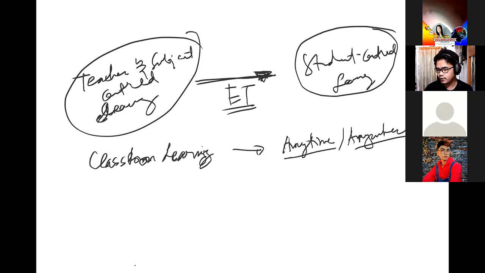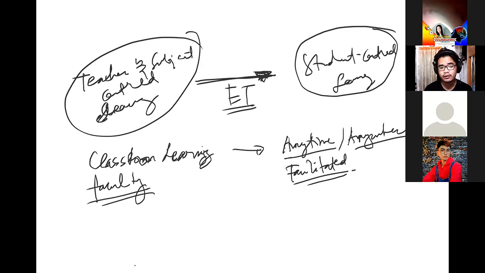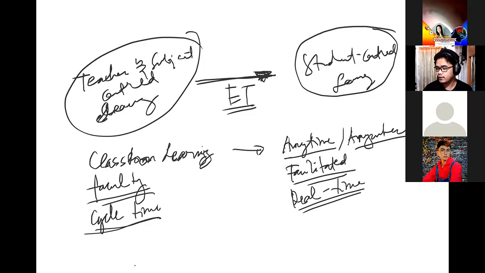Yung faculty-centered learning na ang kumikilos lang sa loob ng classroom, ngayon ay naging facilitated learning. Dahil meron ng mga technologies na available, pwede nang gamitin ni learner yun. Okay? And then, yung meron tayong routinary activities or cycle time, ngayon ay nagawa na nating real time. So all of these things are made possible because of